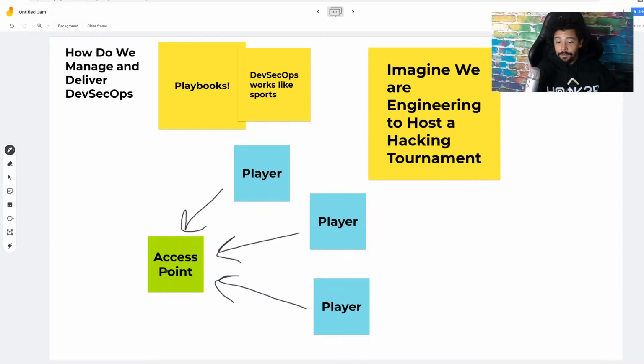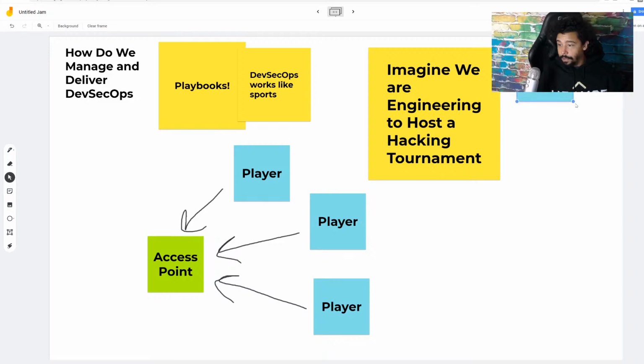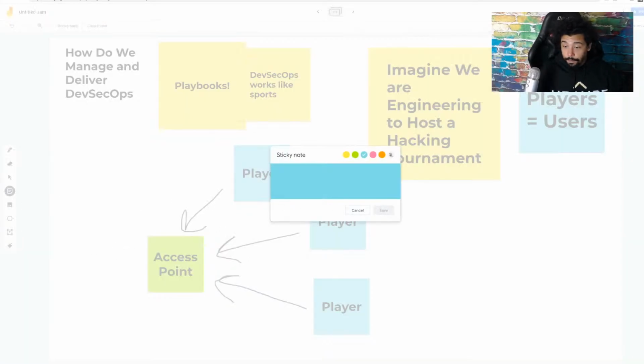For DevSecOps, you have to understand how to properly create an ecosystem that will accommodate all of the users. So this is really important: in this case, players are the users. So no matter what you're doing with DevSecOps, you're building something that's most likely going to have users. Someone's got to use it; an administrator is a user. So players equal users. That's going to be very important. And so we want to think about who the audience is, and about questions like,